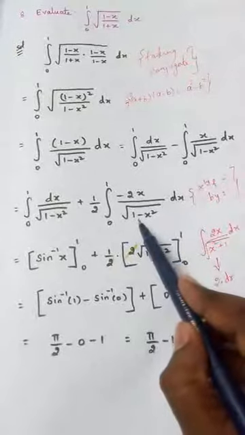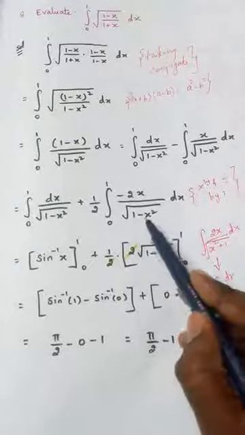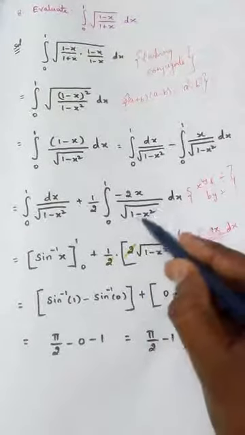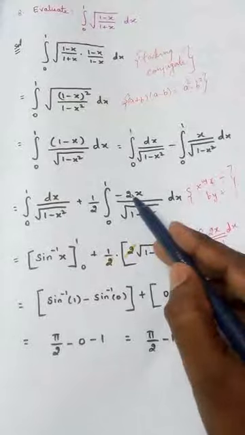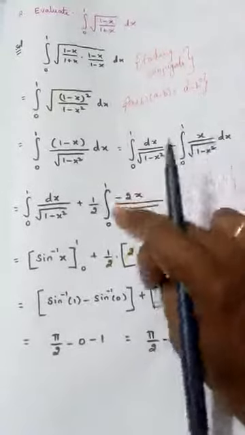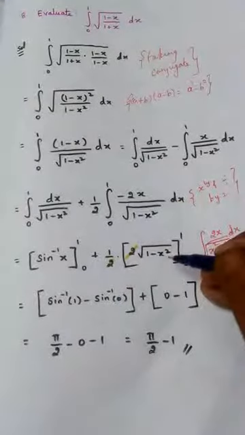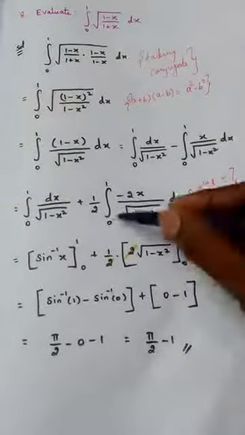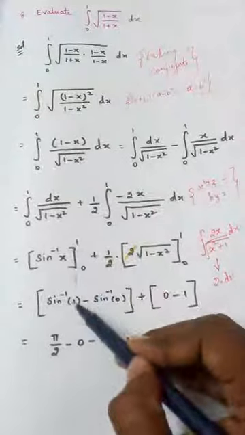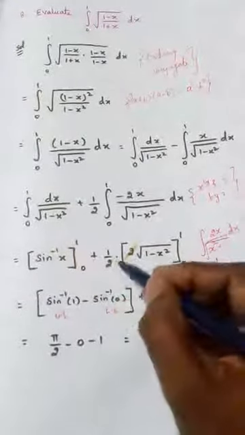Same thing if you see this second integral. If I differentiate the term present inside the root, what will come? 1 becomes 0, minus x square means minus 2x, which is present in the numerator. If I differentiate this, minus 2x will come, so that is present in the numerator, and this denominator is present inside the root. Therefore the integration answer for this is 2 times the denominator. So 2 times the denominator is root of 1 minus x square. So 0 to 1 is the limit value. Now applying the upper limit. The upper limit is 1. So sine inverse 1. This is the upper limit and this is the lower limit. Sine inverse 0. Here 2 cancels.